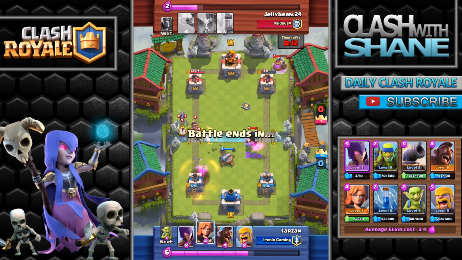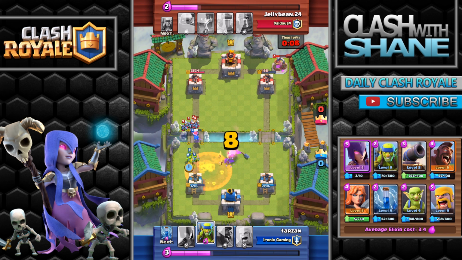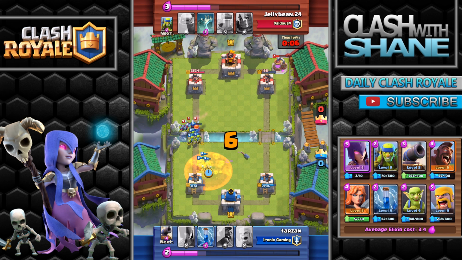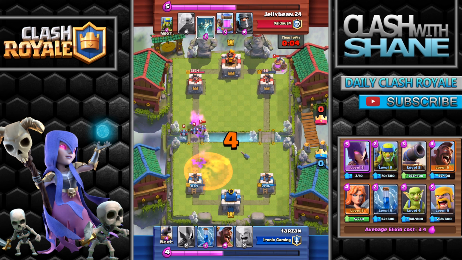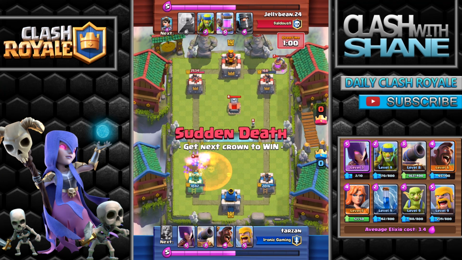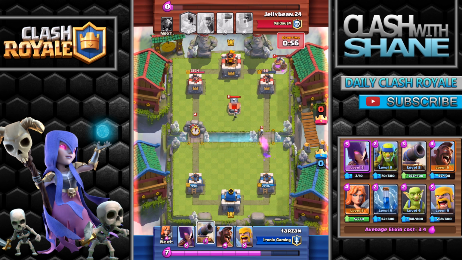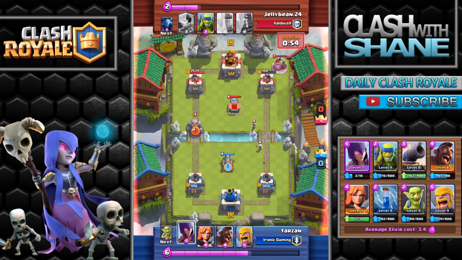So at this point in the battle, guys, if he was a level 8, that tower on the right-hand side would have actually been destroyed, and I probably would have got the victory in about 5 seconds right here. But unfortunately, he is a level higher, so he has more health on his tower, which means we are in overtime right here. So at this point in the battle, guys, all I need is one more Hog Rider hit